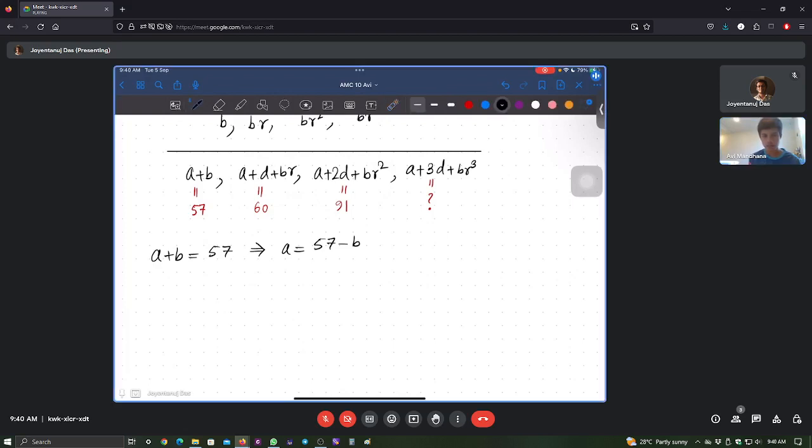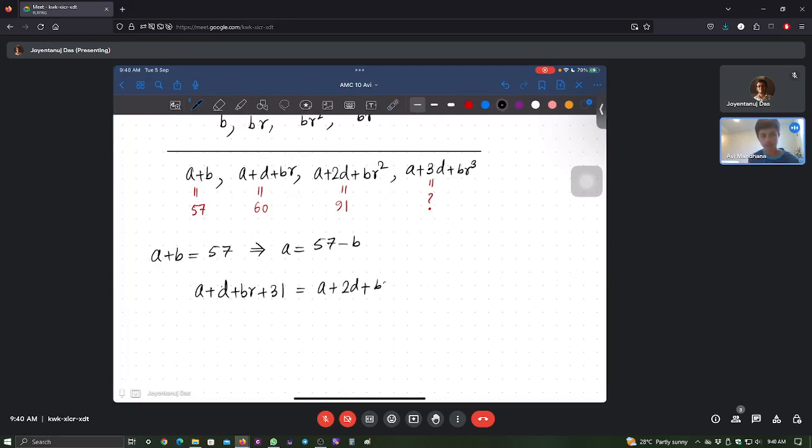Okay, I understand what you're doing. So you are saying that a plus d plus br plus 31 is equal to a plus 2d plus br squared. Yes, so a will get cancelled, and one d will also get cancelled. So br plus 31 is equal to